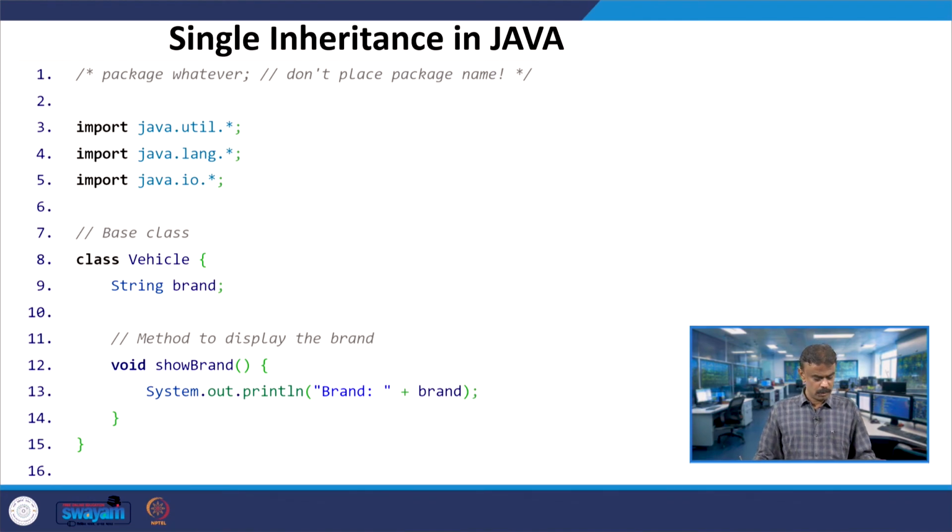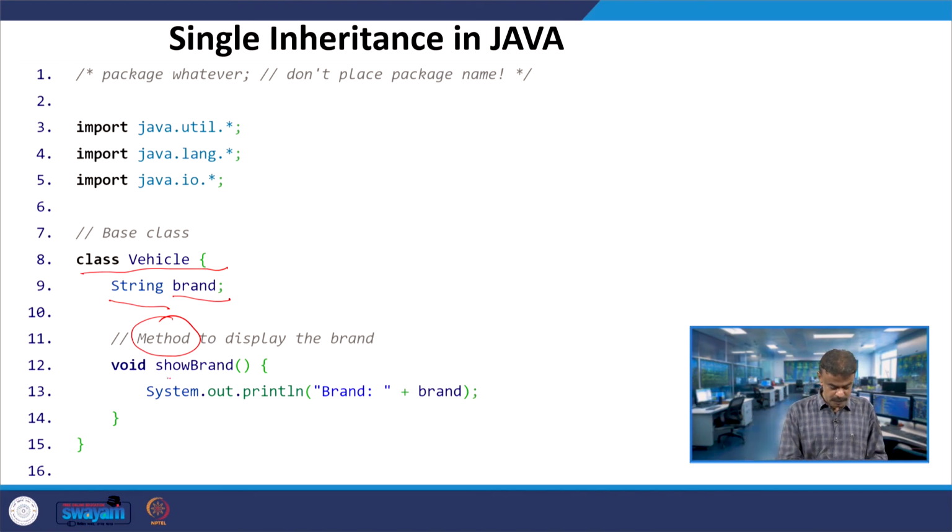The same code: you have a class vehicle, which is called the base class. I have a data member called brand, whose data type is string. Like the member function in C++, here you call it a method.